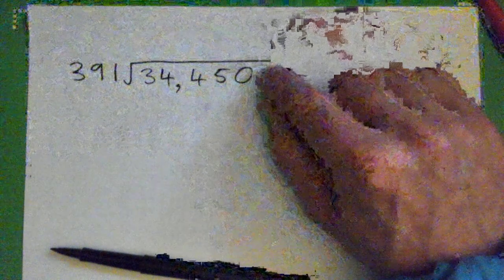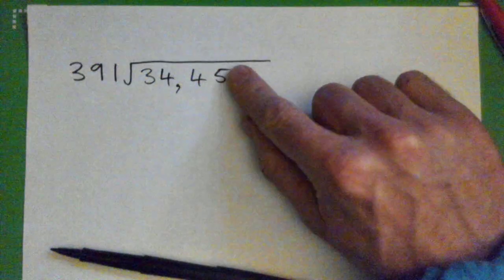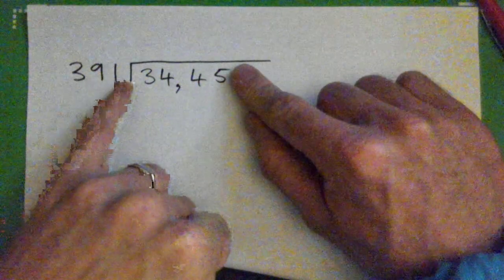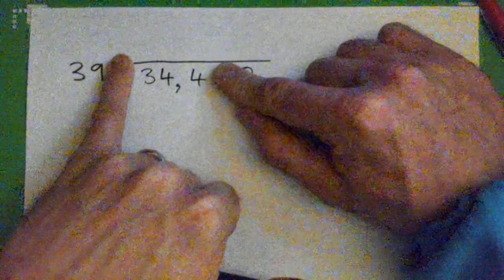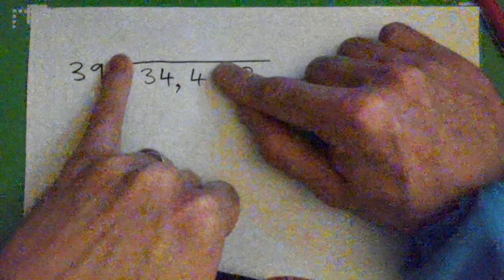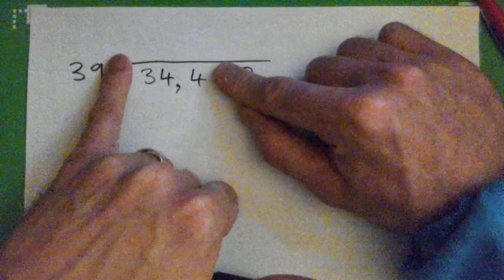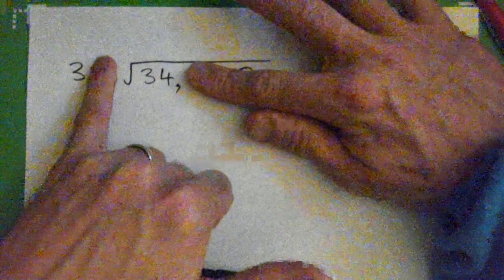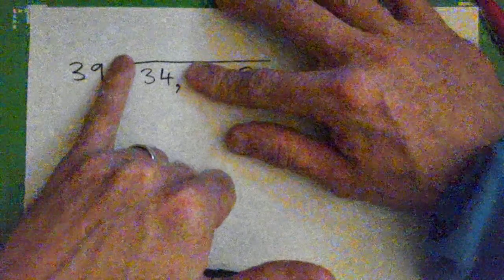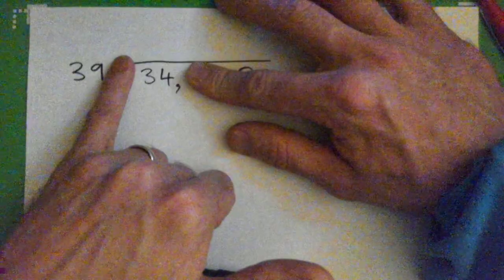How are your 391 times tables, right? Not so good, maybe. So how do we estimate and make a decent guess? Well, let's see. Why don't we block off the 5 here and block off the 1 and think, well, if we had 39 into 344? Or we could block off the 4 and block off the 9 and do 3 into 34. Although 39 is almost 40, isn't it? So 39 is almost 40.